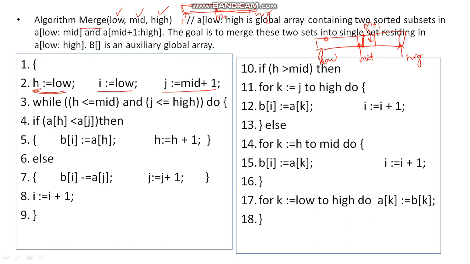So what I want to do is merge the first half with the second half. So I need 3 pointers now. One is pointing at the lowest index, one is pointing at the middle plus 1 index. There will be another array, in which I am going to compare these two elements and put the values, and that is the B array. This is array A and this is B. In order to hold the values for B, I am using the pointer i. So i is for B, B of i, and h and j are to point to the indices of array A.